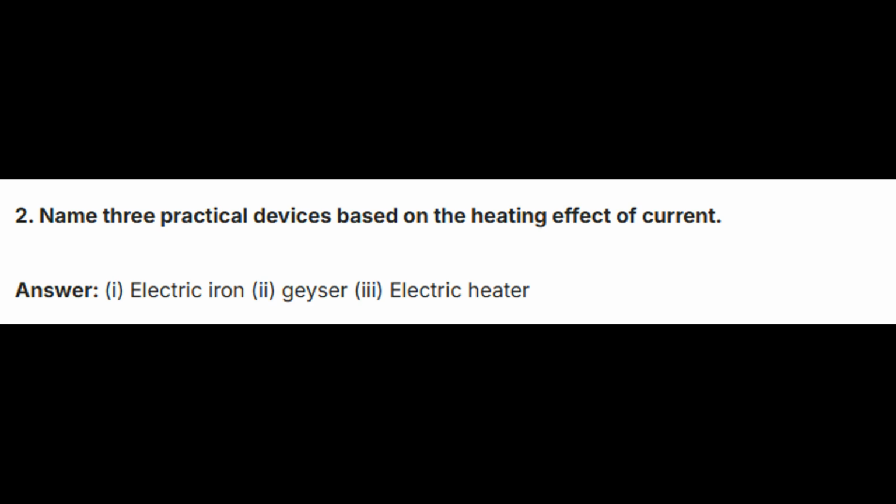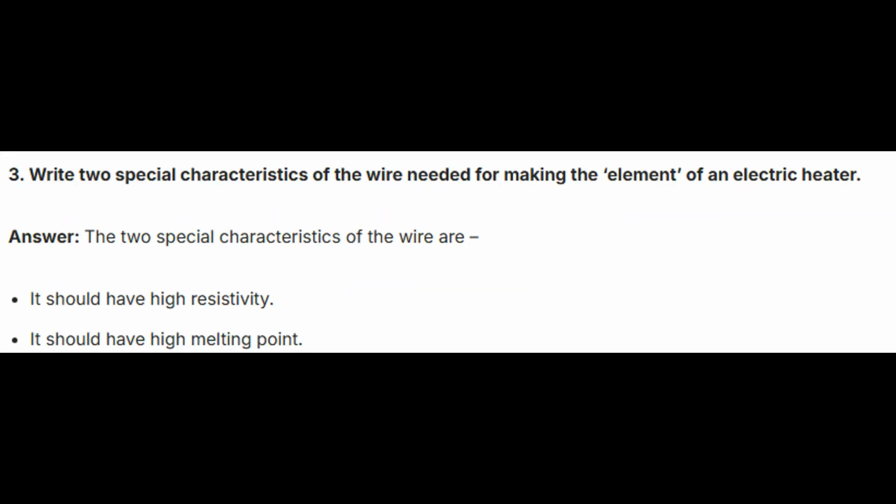Second, name three practical devices based on the heating effect of current. Answer: first, electric iron, second, geyser, third, electric heater. Third, write two special characteristics of the wire needed for making the element of an electric heater. Answer. The two special characteristics of the wire are, first, it should have high resistivity, second, it should have a high